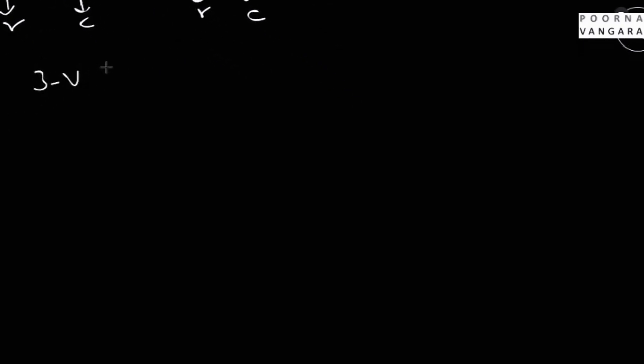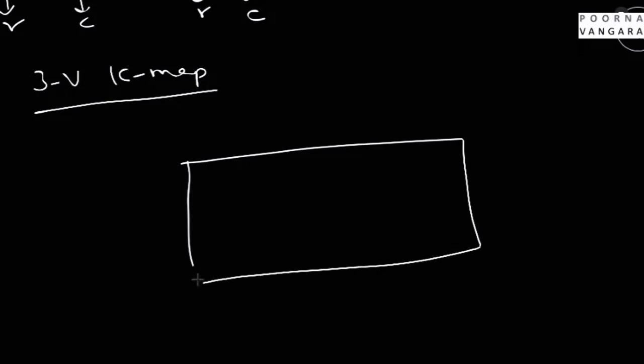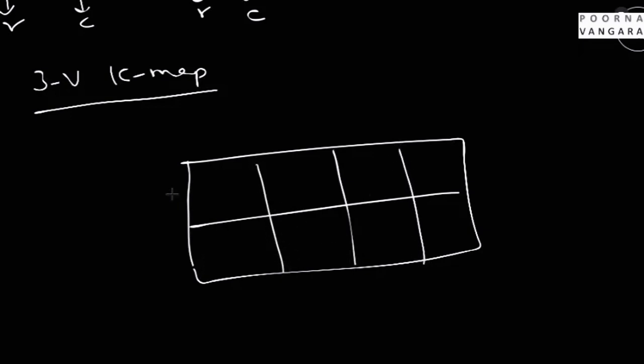So a 3 variable K-map is nothing but 2 rows and 4 columns, and we need one variable to represent the 2 rows. I am choosing A, and the remaining BC I am choosing for the column representation. So A equal to 0 is for the first row and A equal to 1 for the second row.